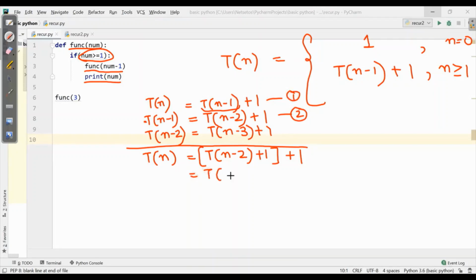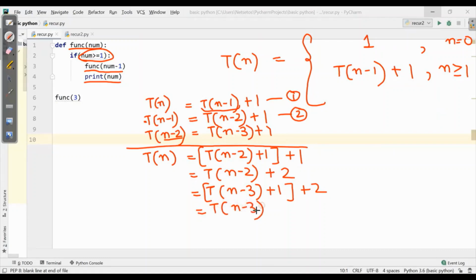So here it will be Tn minus 2 plus 2. Instead of Tn minus 2, I can write Tn minus 3 plus 1. Similarly, I'll do the same here. Instead of Tn minus 2, I'm writing Tn minus 3 plus 1 and the rest plus 2. So this will be Tn minus 3 plus 3.